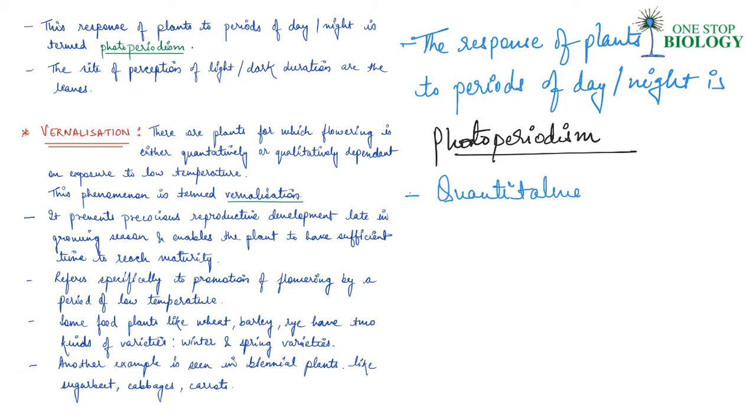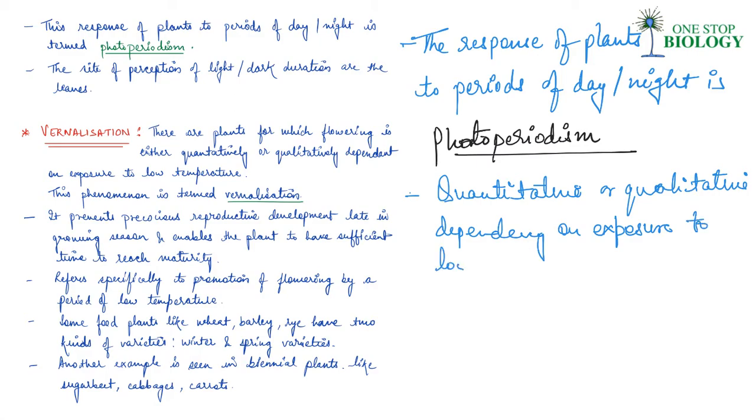quantitative or qualitative dependency on exposure to low temperature. This is vernalization. Okay, so now vernalization prevents reproductive development late in the growing season, and it enables the plant to have